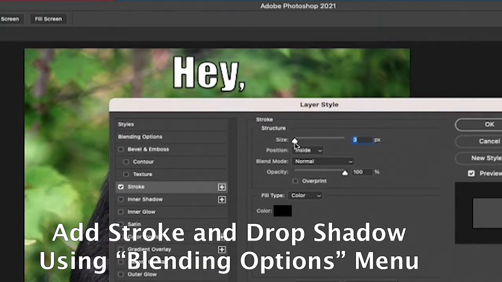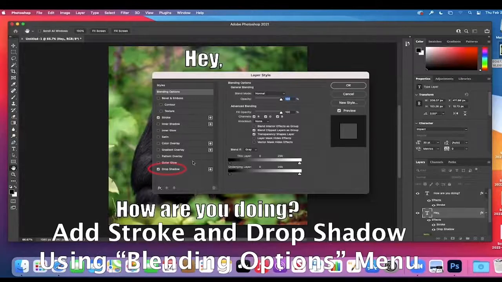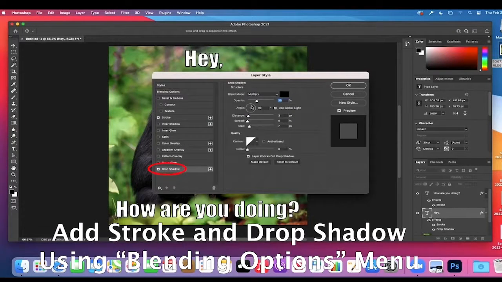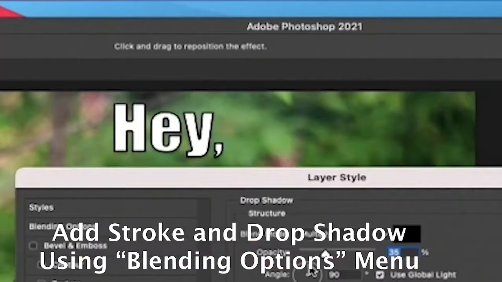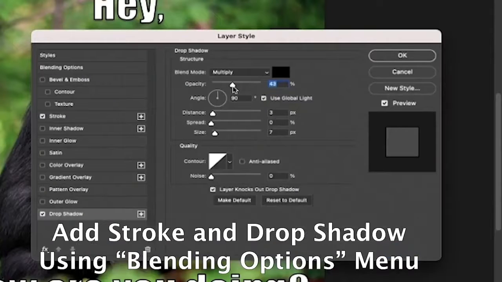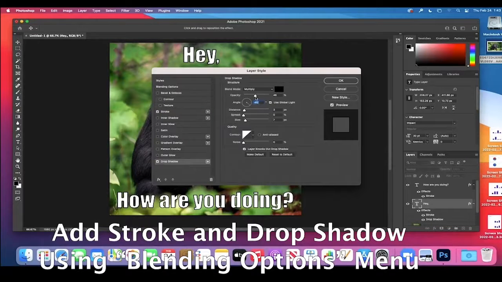You can then use the options in the menu to change the width and the color of the outline. Then go further down the menu and select Drop Shadow. This creates an artificial shadow in the shape of your layers to add depth to your text. You may change the color of this shadow and then use this angle tool in order to adjust the angle of the shadow. Once you have everything in the image to your liking, then we can move on to saving